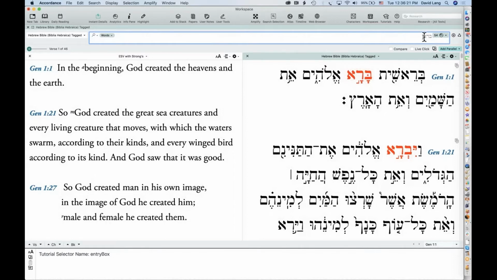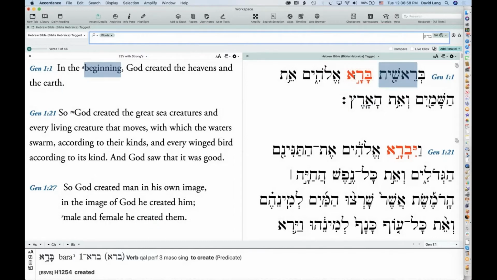So here, notice that it inserted bara. Well, the first occurrence of bara kind of corresponds to the lexical form, right? It's just bet, resh, aleph. But what it's actually searching on is not this first word. That's the inflected form. That's the form as it appears in the text. It's actually searching on this lexical form that represents every occurrence of that particular lexeme.